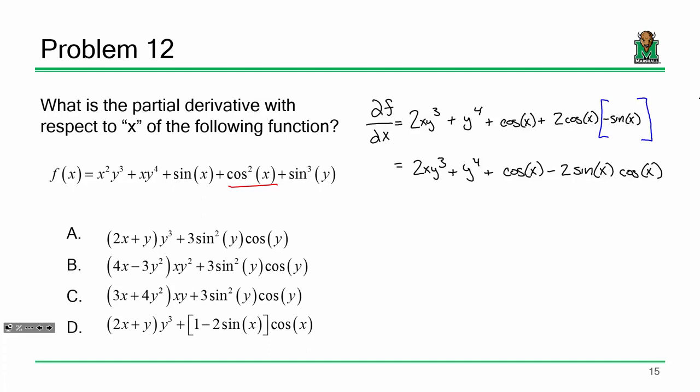How many y's? Y to the 3rd. So if I pull out y to the 3rd out of this, and I pull out the cosine out of this, what do I have? I've got 2x plus y, y to the 3rd, plus